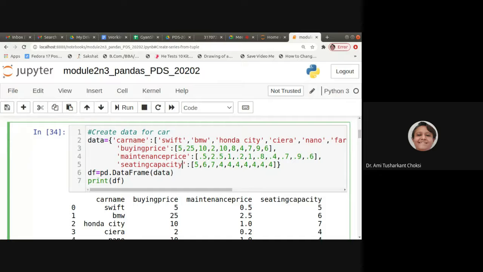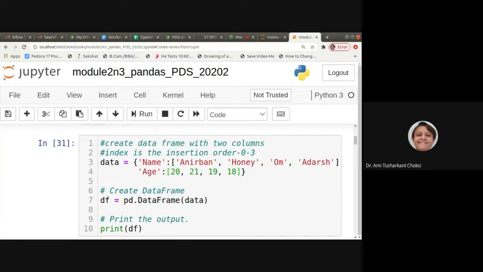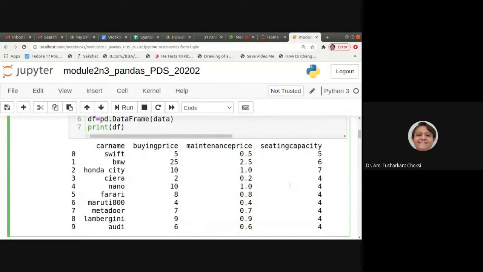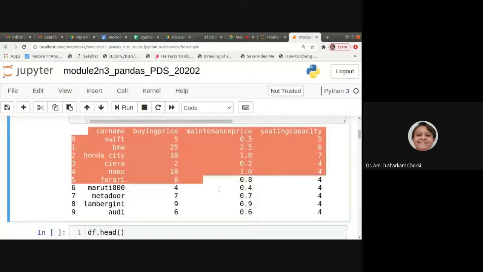So I'm not changing it, isn't it? This also you can see properly. Fine. The zoom level of 175 is there. So no issue for seeing, isn't it? So this is fine. Okay, our data.